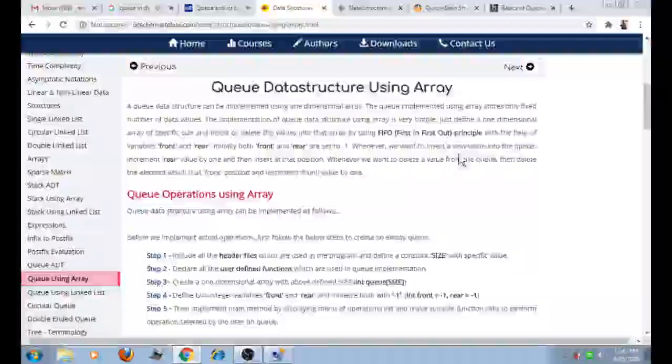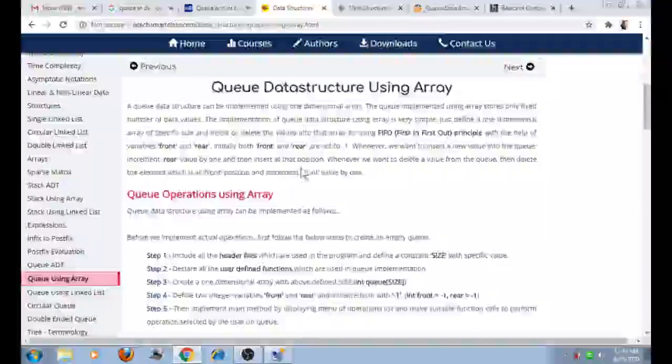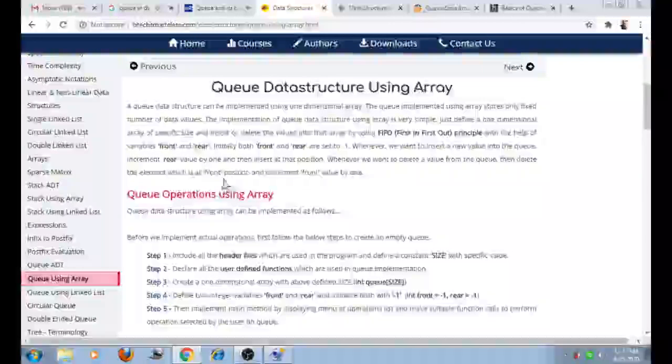Whenever we want to insert a new value into the queue, increment the rear variable by 1 and insert at that position. Whenever we want to delete a value from the queue, then delete the element which is at the front position and increment the front pointer by 1.